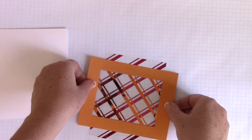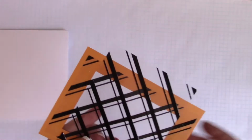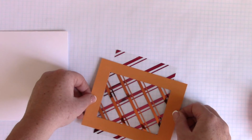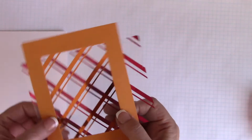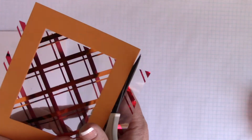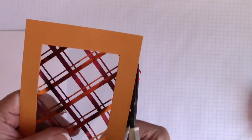You can see I actually put it on the top and the bottom instead of the sides, which is what I need in order to adhere it to the second piece of designer toner sheets. So I'm going to line that up so that it creates a plaid or a crisscross design, and then I'm just going to trim off the excess there,